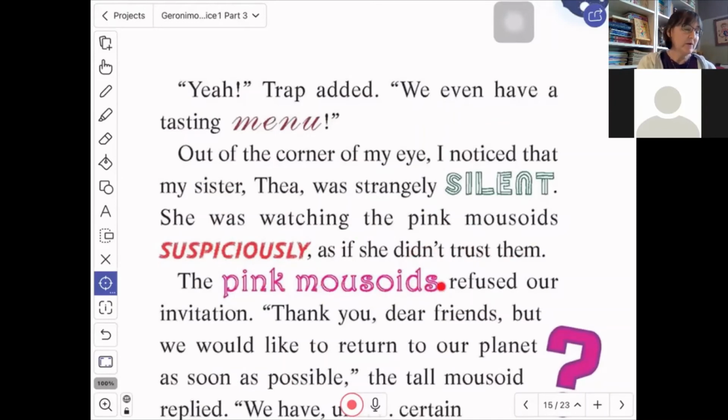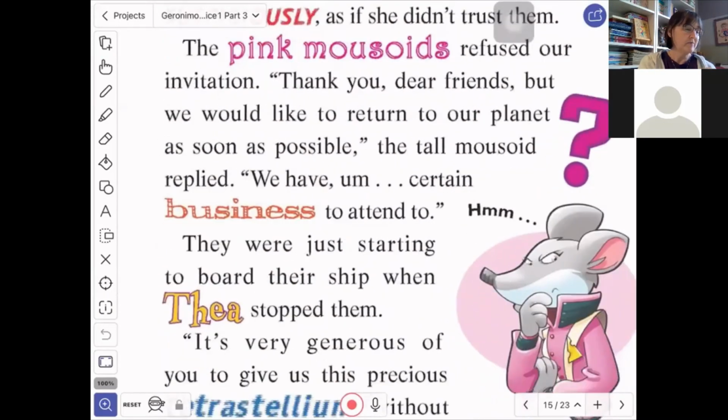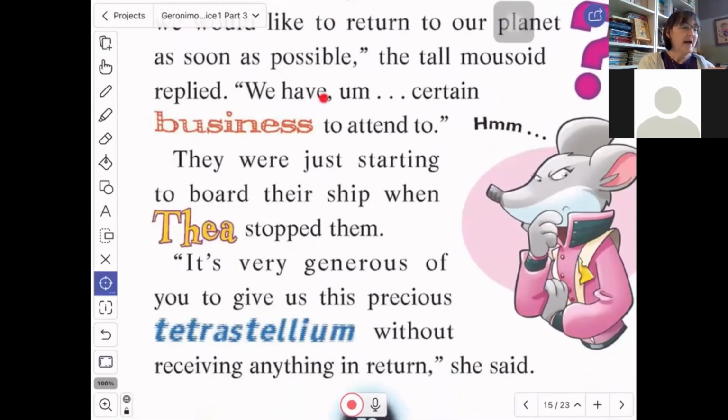The pink mousoids refused our invitation. "Thank you, dear friends, but we would like to return to our planet as soon as possible." The tall mousoid replied, "We have certain business to attend to." You can see that Thea is really thinking about what's going on here. And also, the way that this is written, that we have